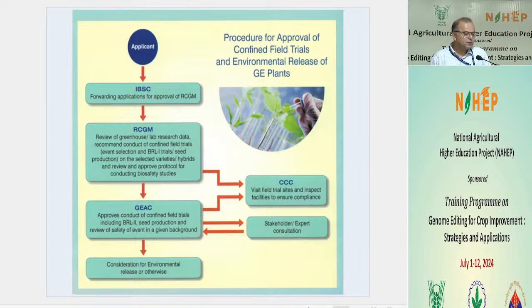So once you get approval, parallelly the IBSC will send all this important information to RCGM, again a body constituted by the Department of Biotechnology. RCGM will only be informed at this point of time. They do not have much role in giving you the approval, but the IBSC has authority to give you approval for beginning of the work. But then as you develop the plant, again you have to go back to the RCGM with all details. RCGM will look into the results,